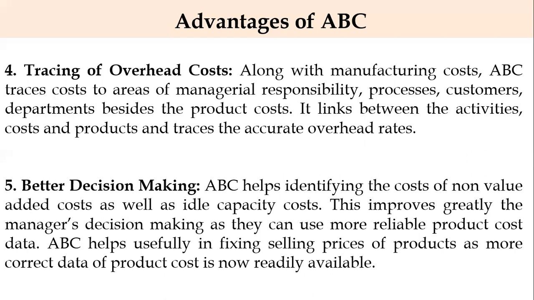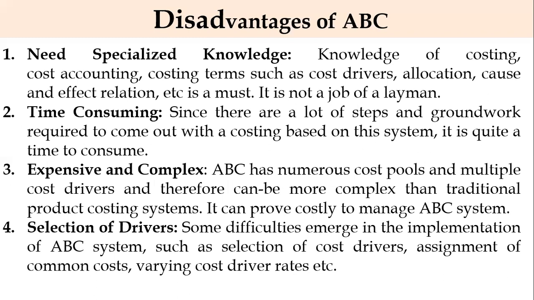If a machine is not working or the workers are not working, those things are not considered in traditional costing, whereas in ABC all those factors and activities are considered, and the cost incurred for those is identified. If there is any idle capacity cost, it is totally eliminated in the ABC system.